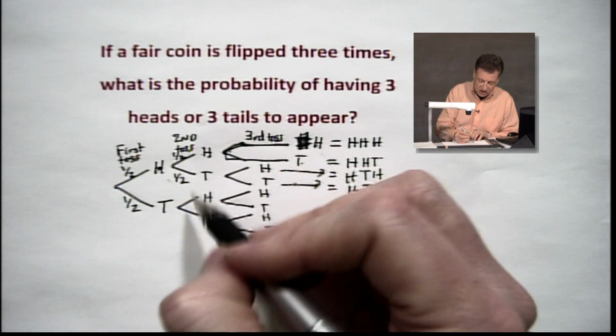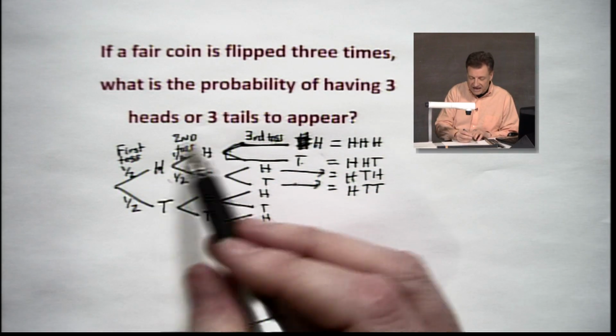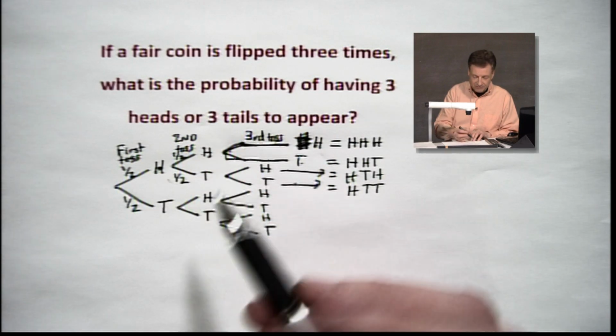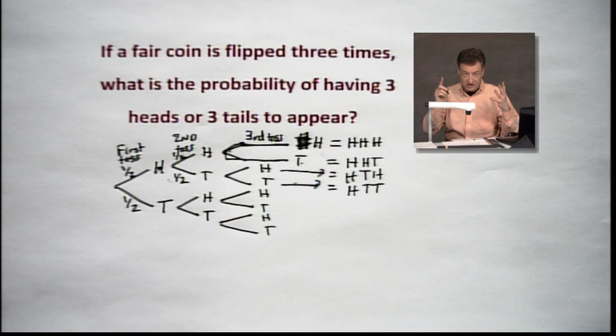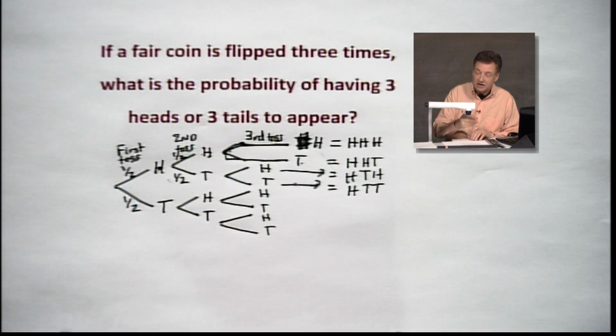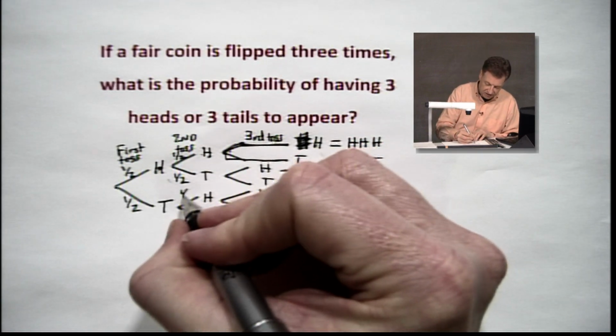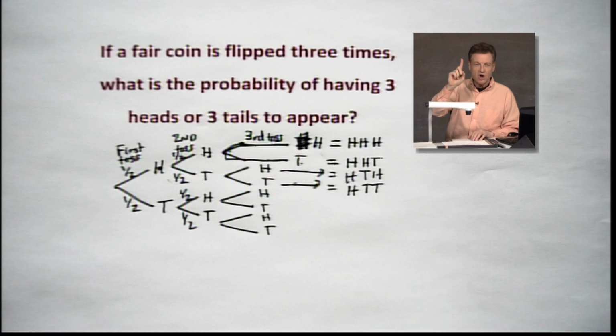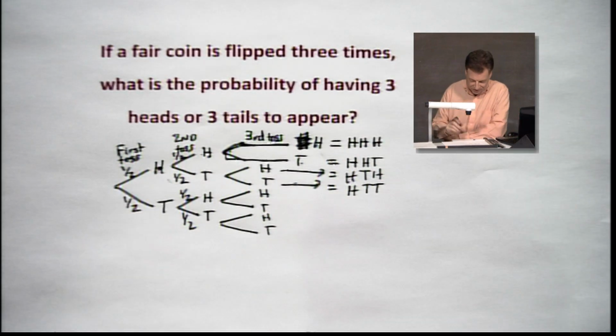So this is our second toss. This happens if I get heads from the first one, I toss again. But if I get tails on the first one, I toss again also. It's still 1/2 and 1/2. You say, well, what are you going to do with those halves? Hang on, all right? Be patient.